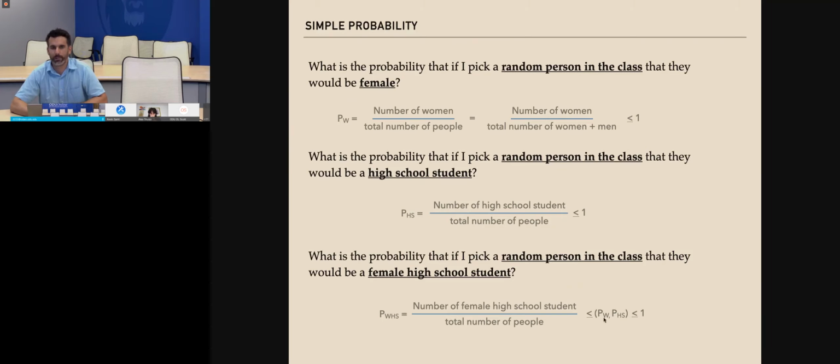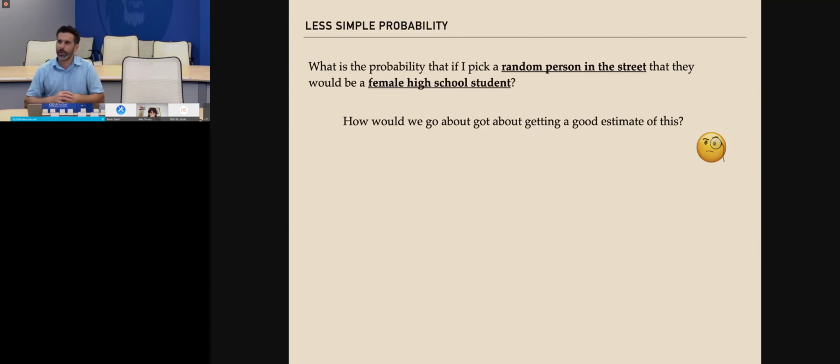And so from above, it's always going to be bounded by this, but also it's going to be bounded by 1, and from below it's always going to be bounded by 0. Okay? And so that's how we can do sampling, right? And where statistics starts to